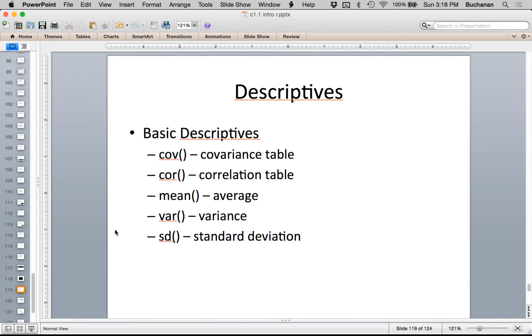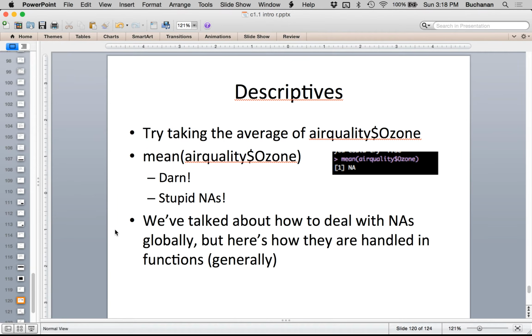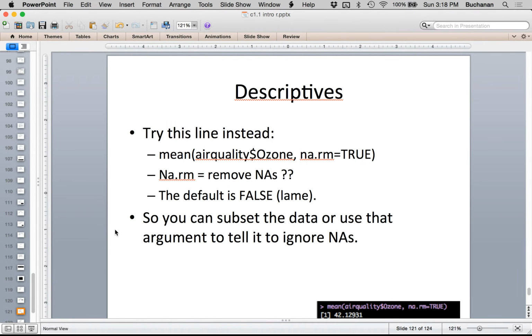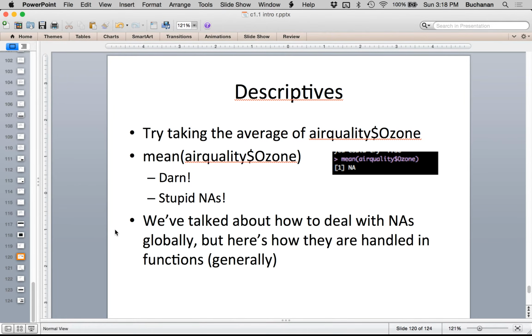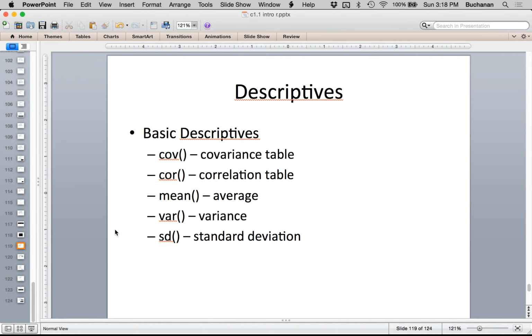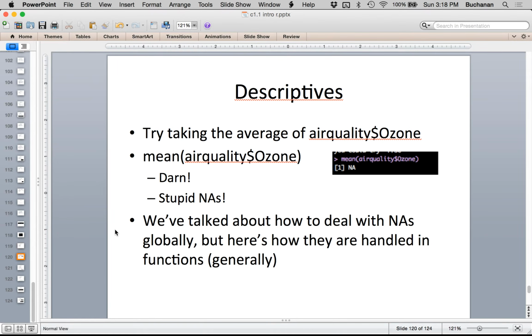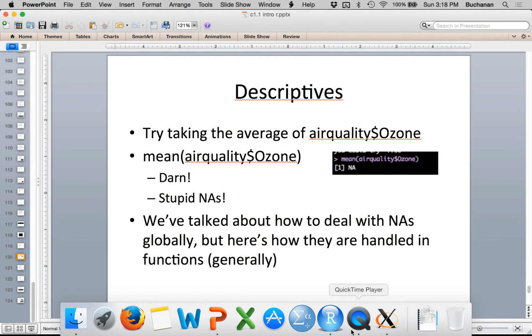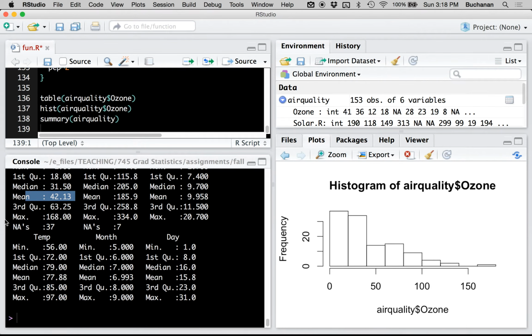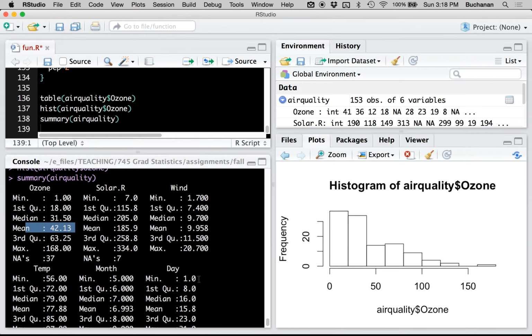Now, one of the things that is problematic with things like correlation is that they have very different NA issues. So let's look at just the mean. Let's take the mean of that ozone column. I actually already have it here as 42.13. It's this part I have highlighted. But if I was trying to do the mean of that one column,